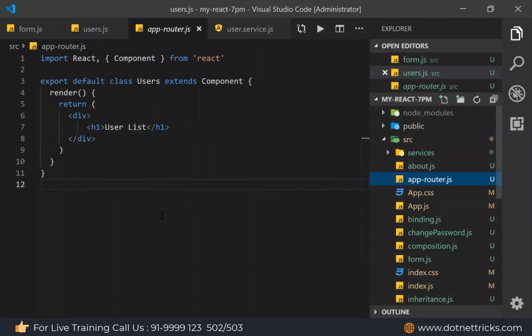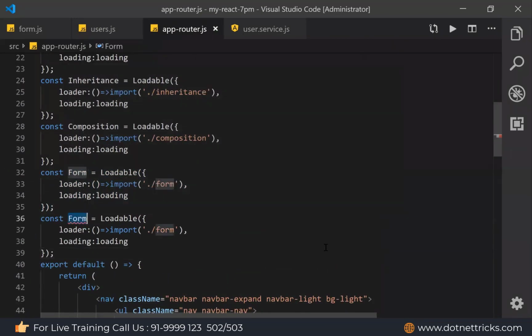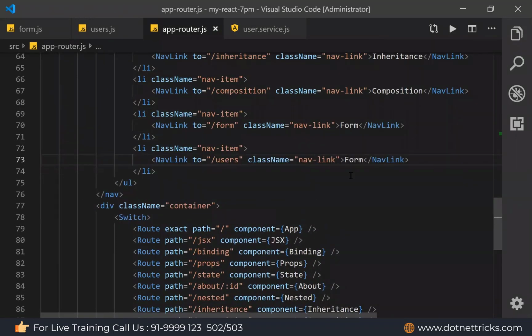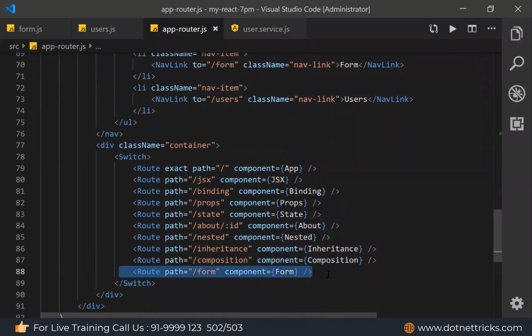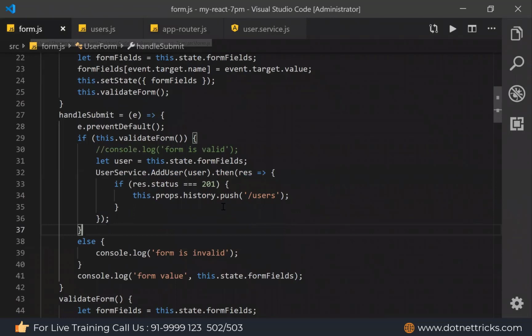And here in the router, let me define it. There is an app router where I will define it. So it is here users. Let me use it here. For users, define here users. Then define the route. For user also it is here, let's say users. Define the form. It is here, let's say users. And make sure the same you are using over here. I would say perfect. And we are using the same here.